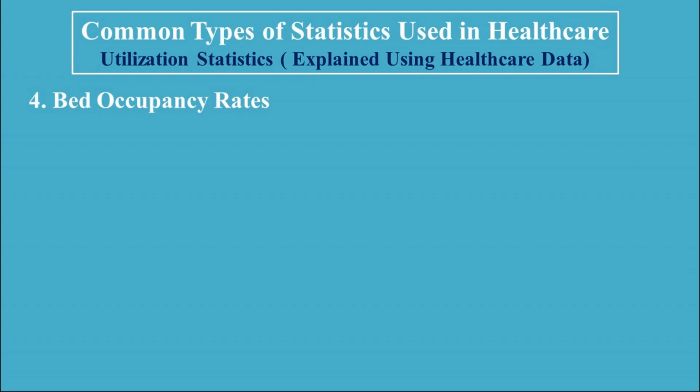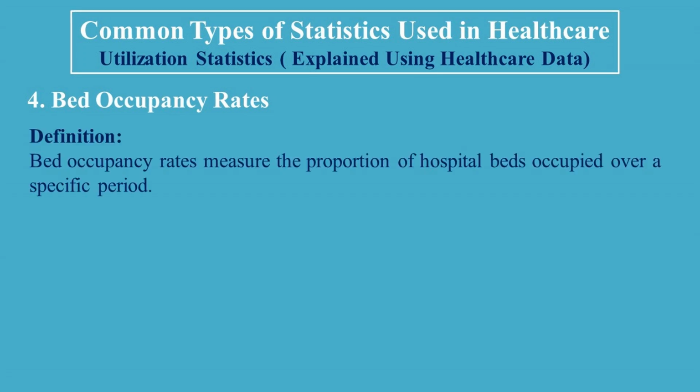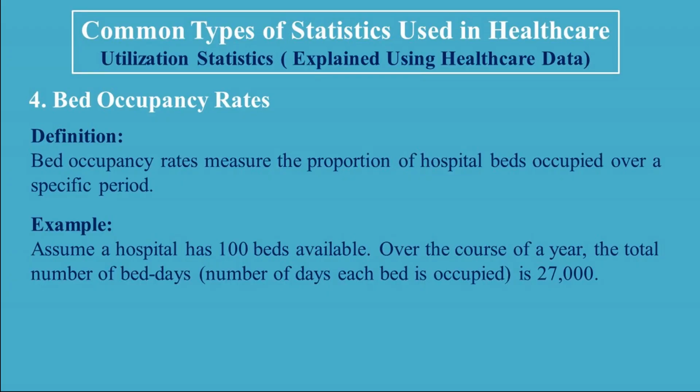4. Bed occupancy rates. Definition: Bed occupancy rates measure the proportion of hospital beds occupied over a specific period. Example: Assume a hospital has 100 beds available. Over the course of a year, the total number of bed days, number of days each bed is occupied, is